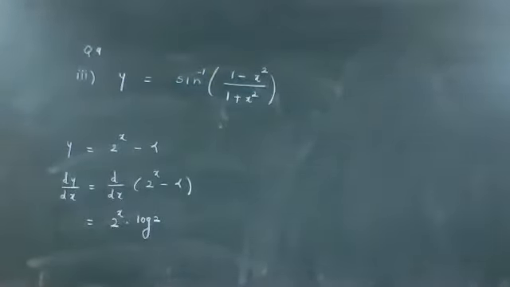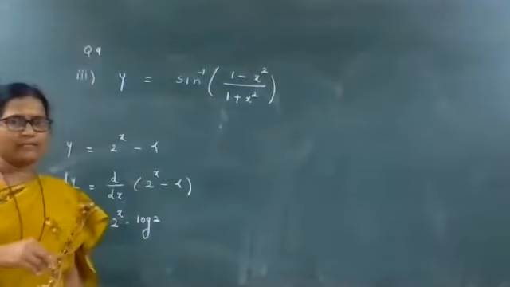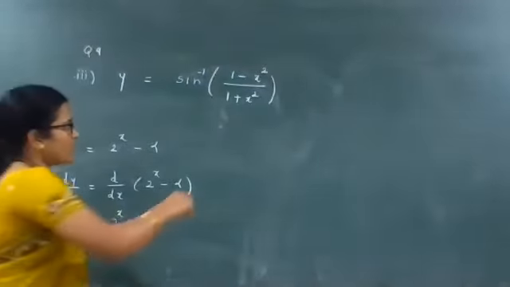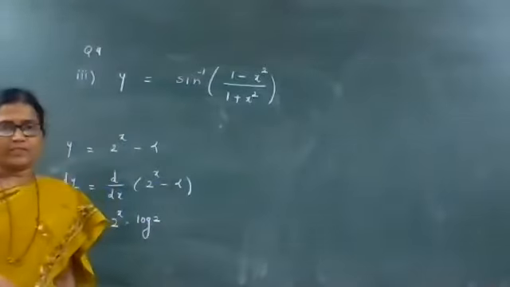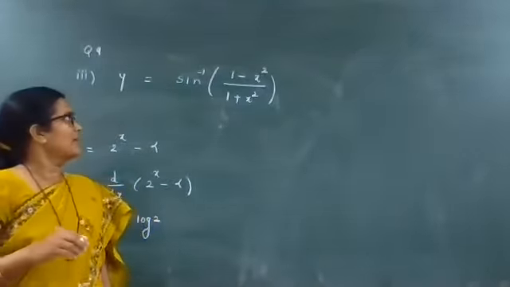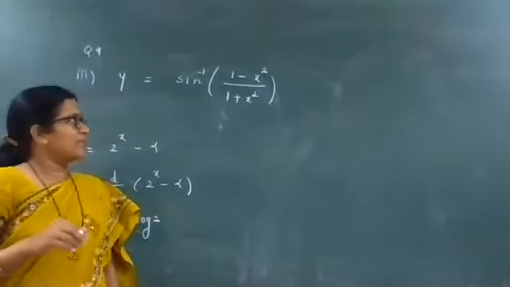Now here use substitution method for the variable. x you will substitute in terms of theta, so that formula you can use in the bracket. So if you substitute for x, you will get one formula, and bracket will reduce either in terms of sine